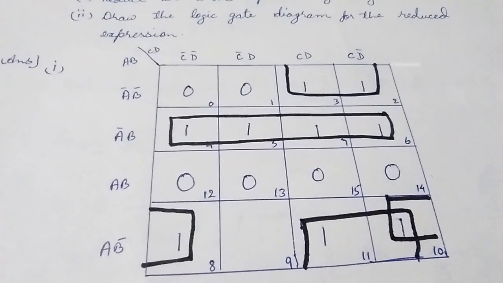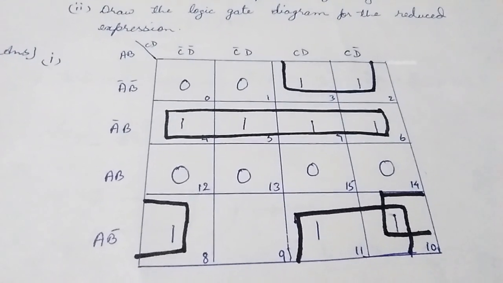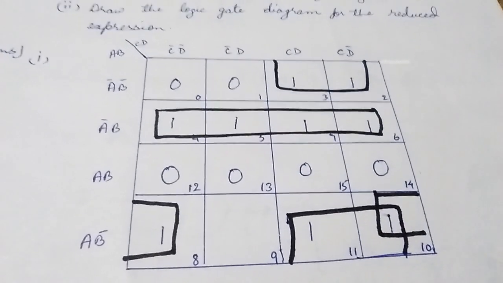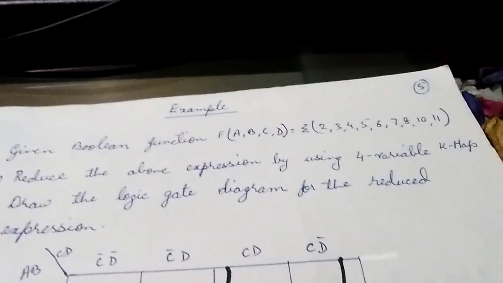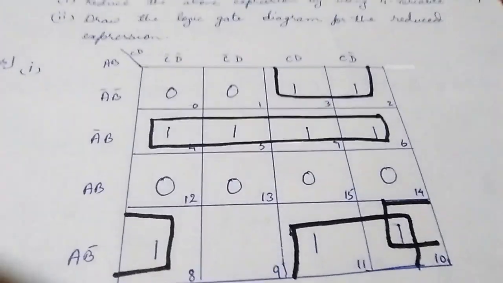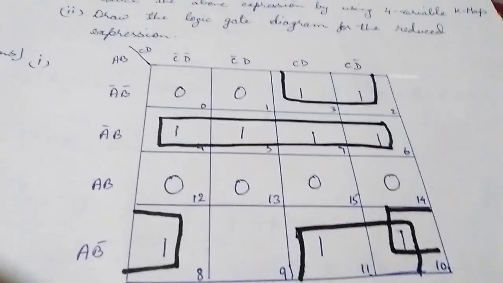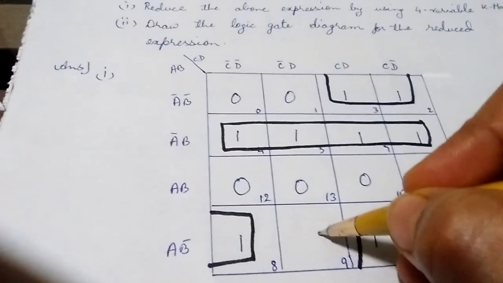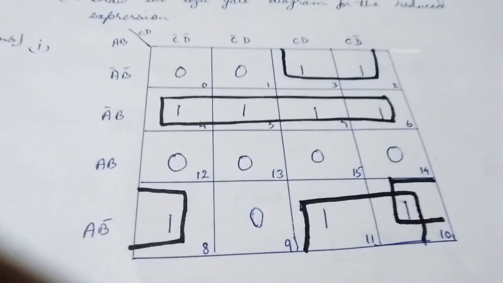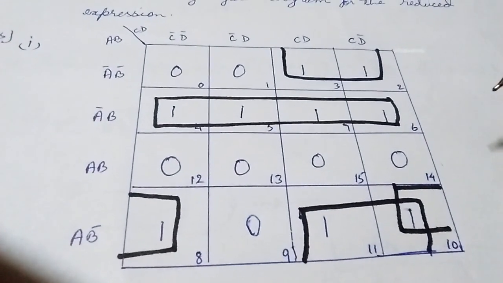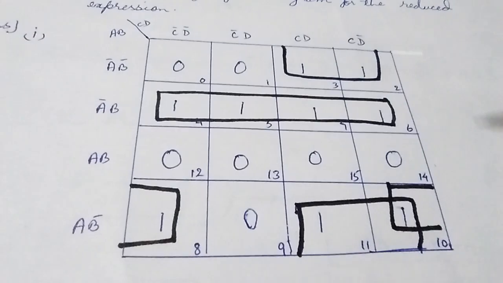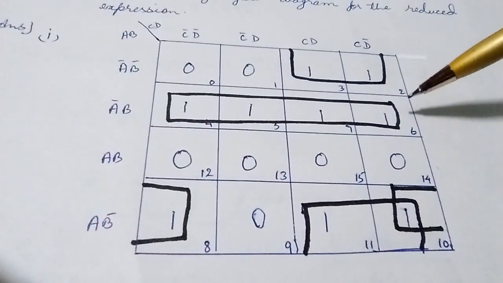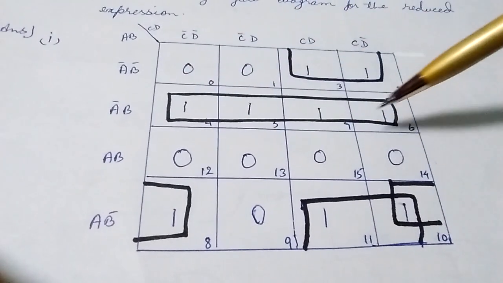So for this we will plot the Karnaugh map of the SOP expression, and then wherever the designation values are given, in all those places we will put 1 and in the remaining places we will put 0. Then we will first see what maximum can be formed. So we see here, instead of making 2 pairs we can make 1 quad. So 1 quad we have made.